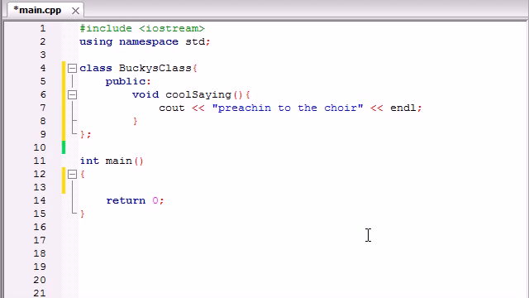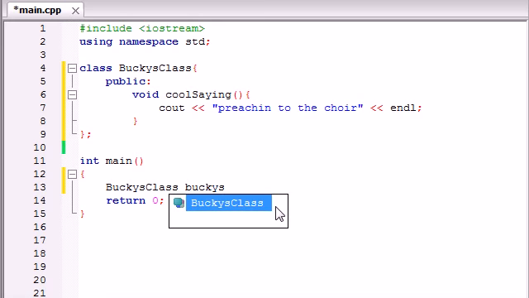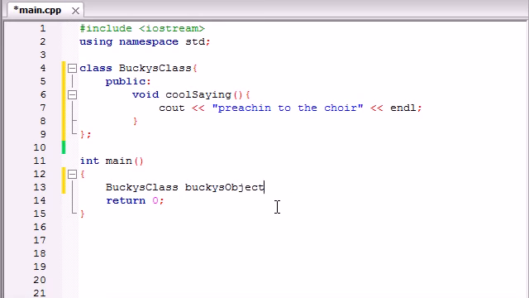So in order to create an object, it's basically the same as creating a variable. You go ahead and you do this. You type the name of your class, which is Bucky's class, and then after this, you give your object a name. And I'm just going to name mine Bucky's object, just like that. And go ahead and add a semicolon. And now this object, Bucky's object, you use this kind of as the key whenever you want to access the